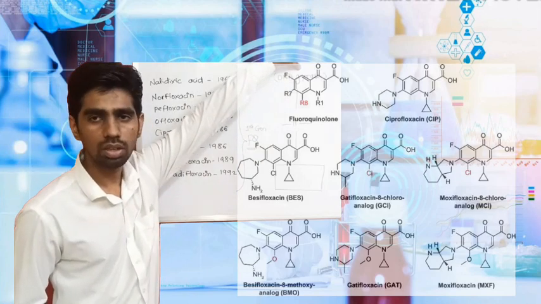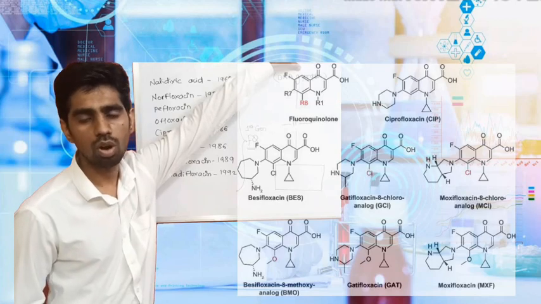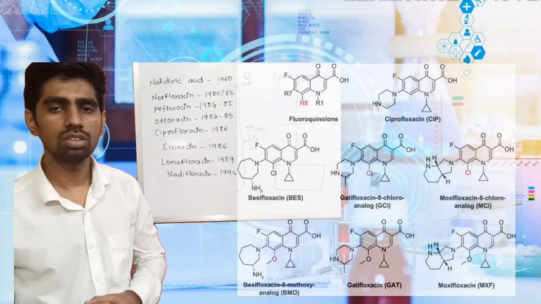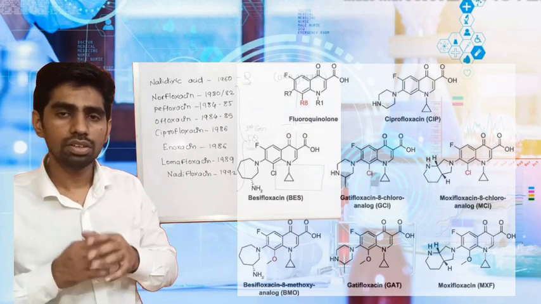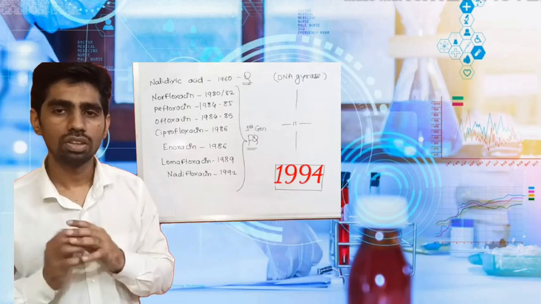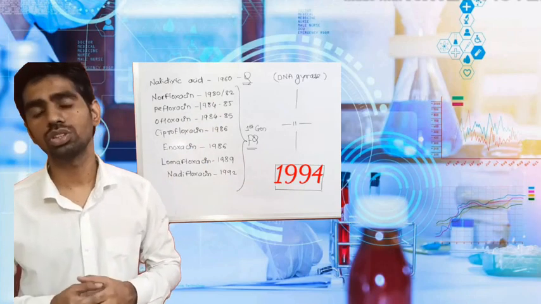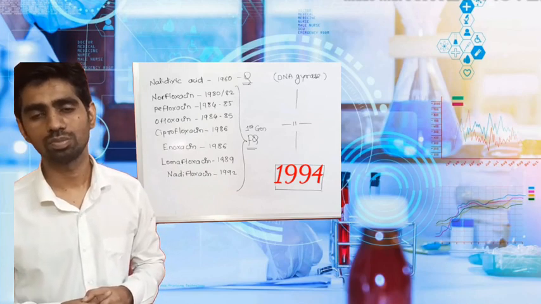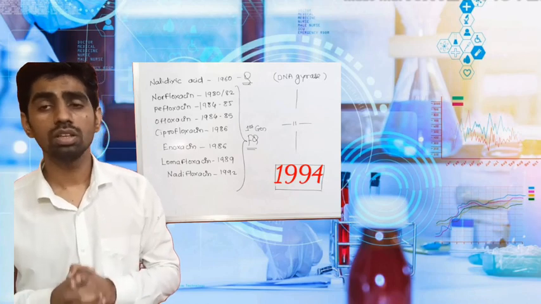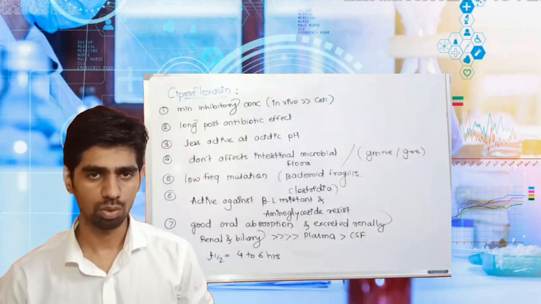We know that from nalidixic acid to nadifloxacin, the first generation fluoroquinolones, the mechanism of action involves DNA gyrase for all. Okay, means the inhibition of topoisomerase 4 or DNA gyrase. But the actual, correct mechanism of action was discovered in the year 1994. Means almost 14 years after the introduction of the quinolone class. And now we will discuss the individual drugs, considering ciprofloxacin as a prototype.